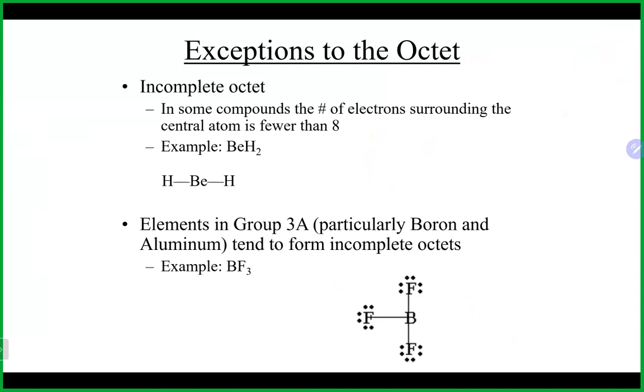The first exception to the octet rule is what's known as an incomplete octet. And much like the name implies, it means that it actually is perfectly fine with less than 8 electrons around it. So your three that typically would go incomplete are beryllium, aluminum, and boron. Out of those three, really boron is probably the one that you would see the most in an incomplete octet, as beryllium and aluminum are kind of like metals, so they're probably not going to do too much